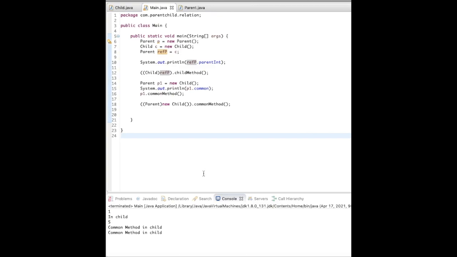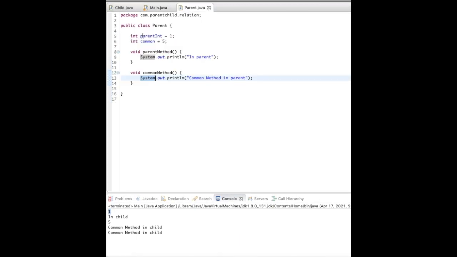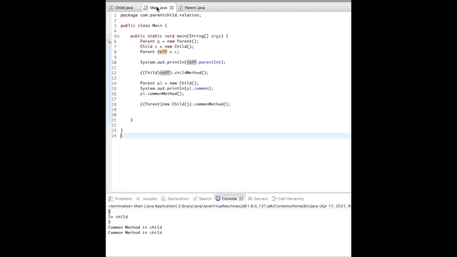After running you will see that the reference p dot parent int will print the value 1, which is the value assigned to parent int in the parent class. In Java it doesn't matter what object the reference holds, it just checks the type of the variable. The type of the variable is parent int, and that's why it will print the parent int value.